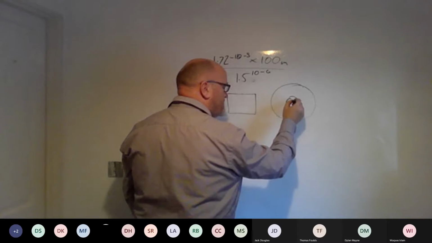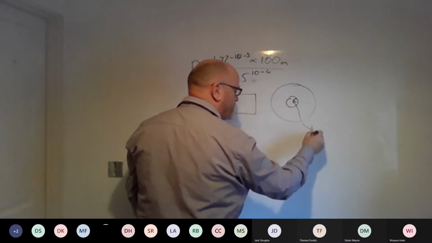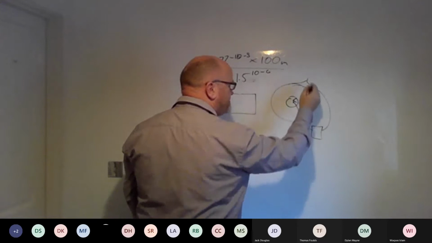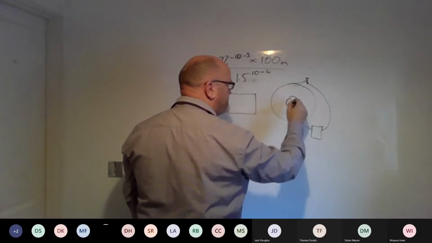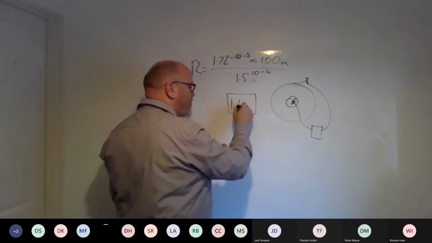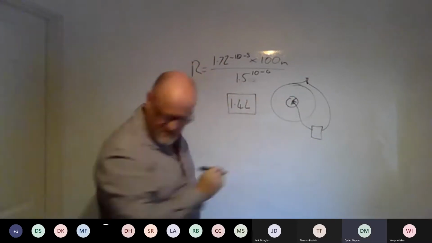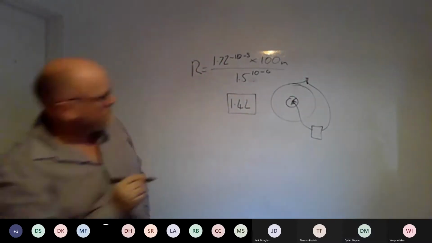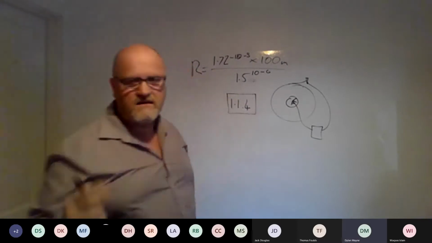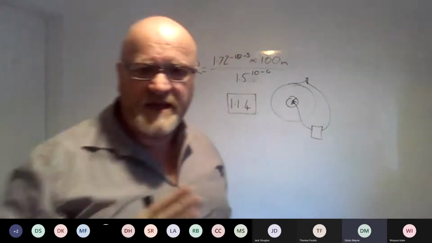So if I had a low ohm reading meter, and I got my drum of cable, where the cable's in the middle, I attached my meter there. And where the cable comes out here, I attached the other side, a couple of crocodile clips. I should get a reading of 1.14. Let's get it right. 1.14 ohms. And that'll be it.